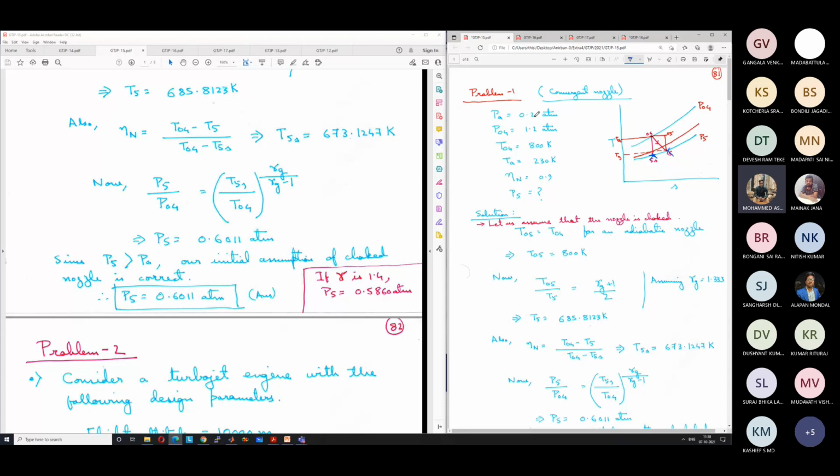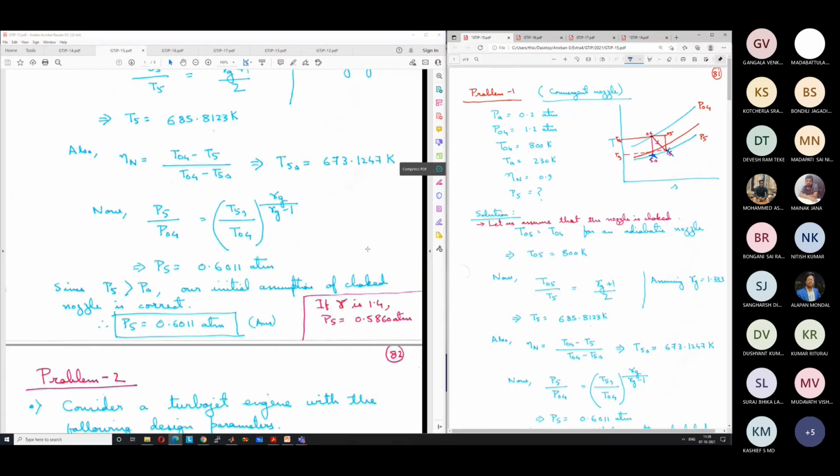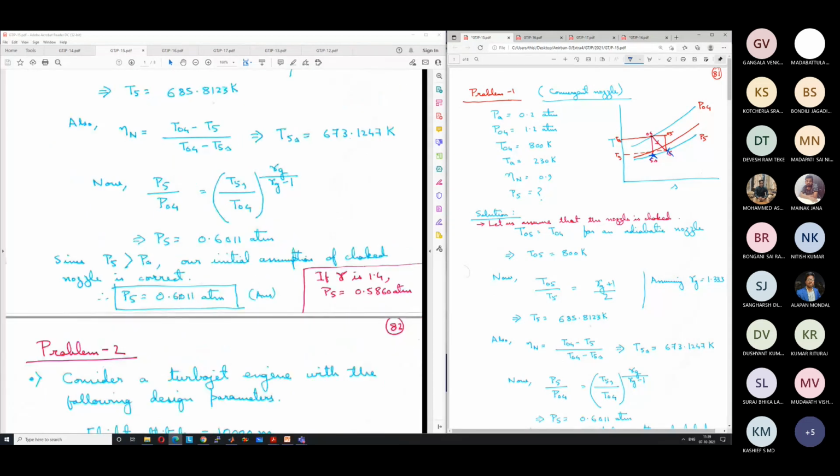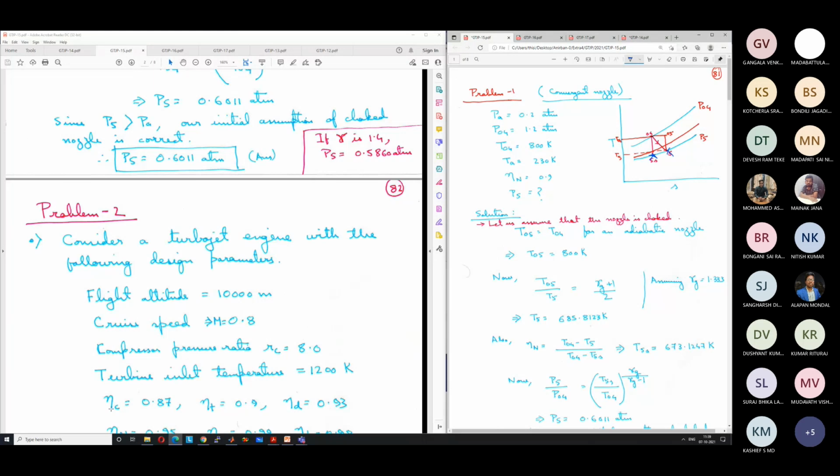0.8, sir. 0.8 atmosphere, right? Because at that point only we are reaching the ambient condition. So there is no point, or we cannot expand any further. Right? We are already reaching the ambient condition. So we cannot expand. So our initial assumption would be wrong that the nozzle is choked. From a choked nozzle we need to reach 0.6 atmosphere, but ambient condition is 0.8 atmosphere. So at that point itself the exit will occur. So nozzle will not be choked. And you can find out the velocity from that by doing the appropriate calculation.